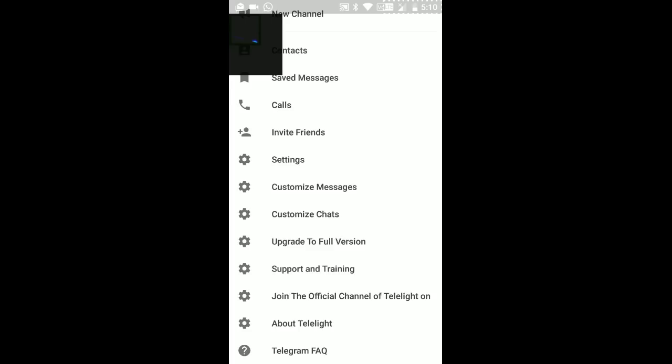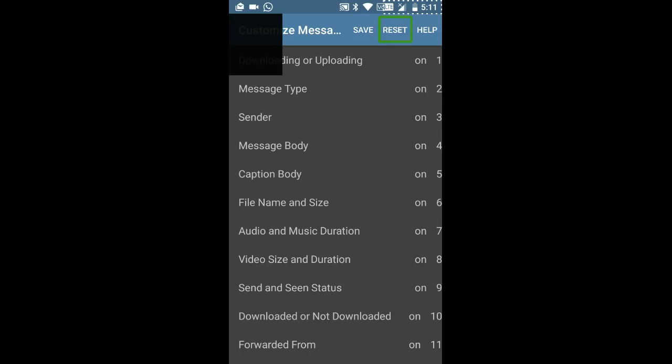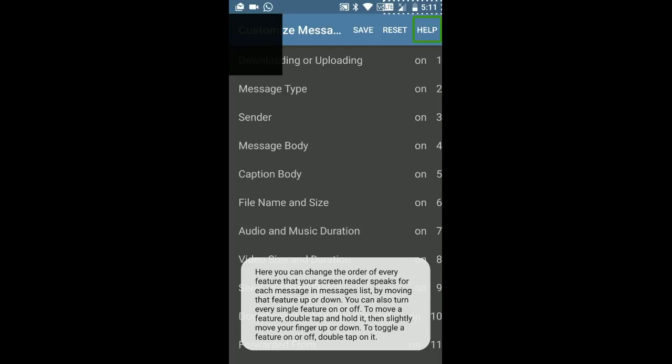Both are almost the same. In the customized messages, you can configure what type of information you want to get from the TeleLight application and spoken by TalkBack. So I'm just double tapping on it and see what is there. Reset. Help. Here's the help button. If I double tap on it, here you can change the order of every feature that your screen reader speaks